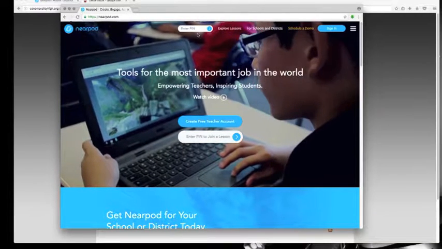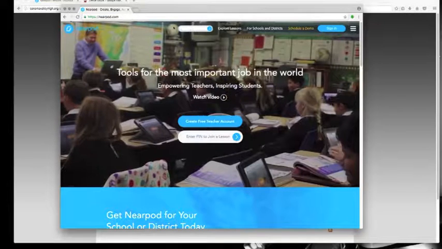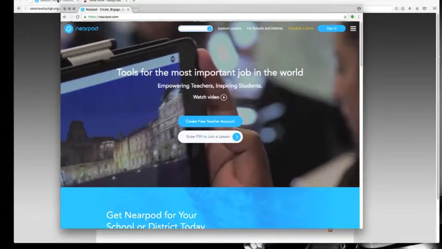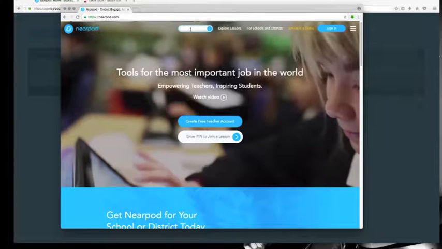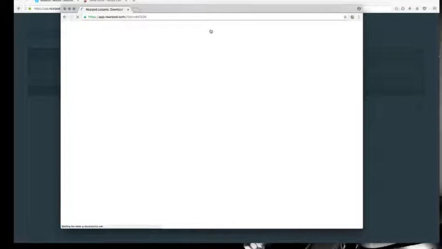What you guys want to do is right up here, enter the PIN that our substitute teacher wrote on the board. I'm going to go ahead and copy that right now. Okay. And what you're going to do is type in that PIN here and click Next. Now it's really important in this next step, when the computer starts to work,